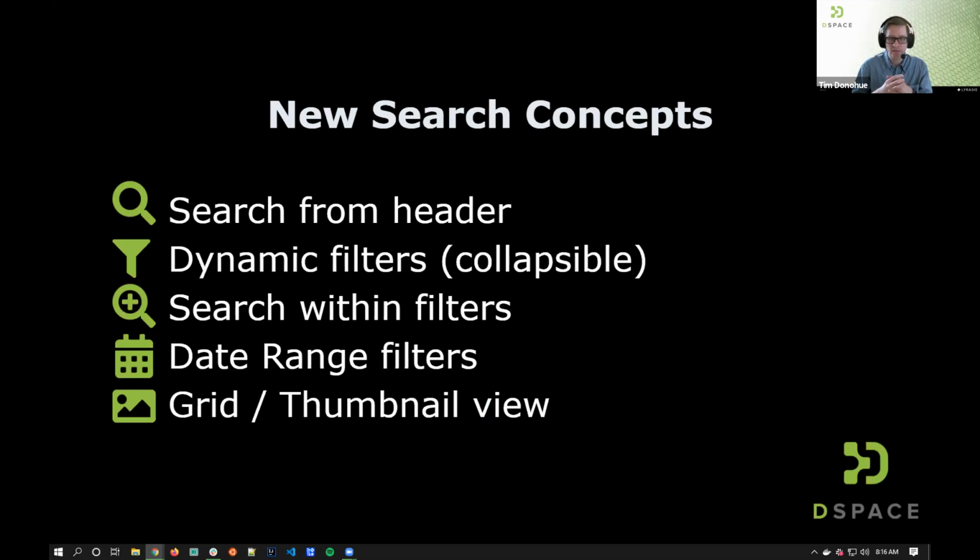You're going to find that search is now available from the header everywhere. We have dynamic filters and search throughout the application. Search is also available everywhere within the application, so things that you couldn't search before are now fully searchable. You can even search within filters to find the filter value you're looking for, and have date range filters and some grid thumbnail views, different ways to